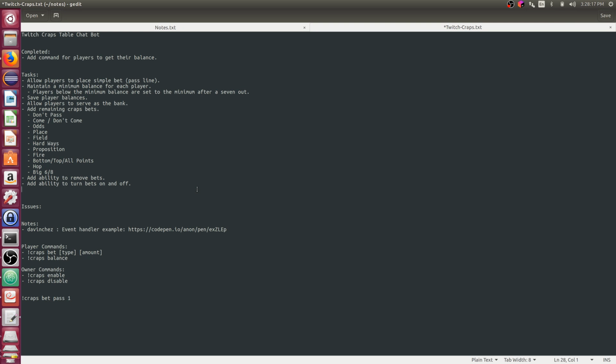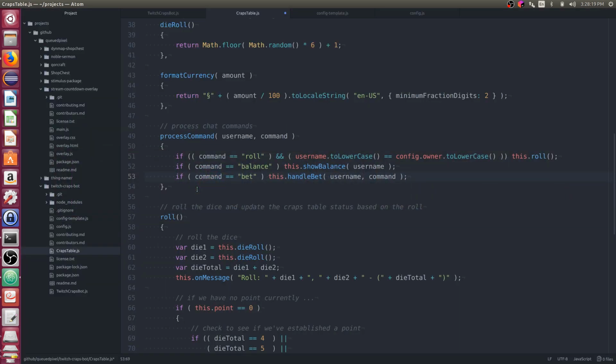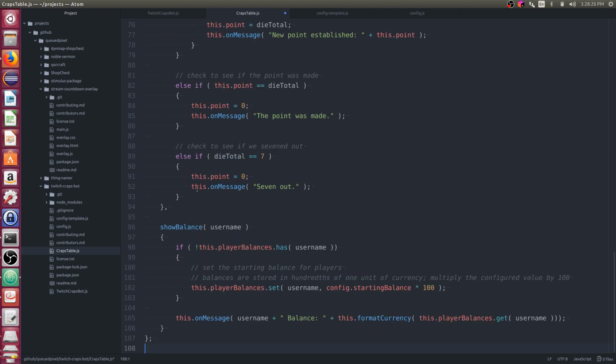Alright, so I want to place a pass line bet. So let's go to the handle. Let's create a new function here, the handle bet function.